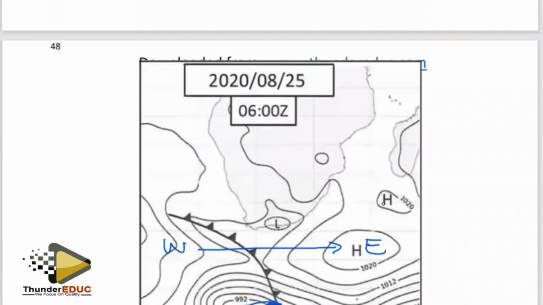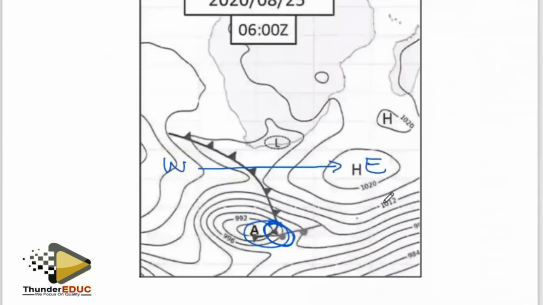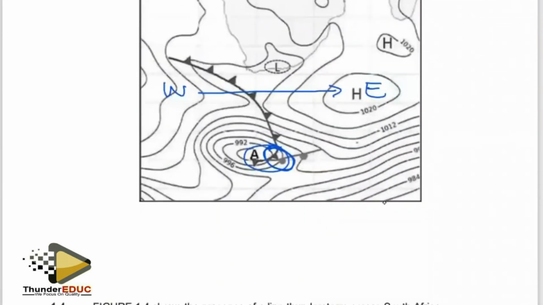Okay, so I'm going to explain 1.3.5 down here. We said it is an occlusion stage. We say it forms